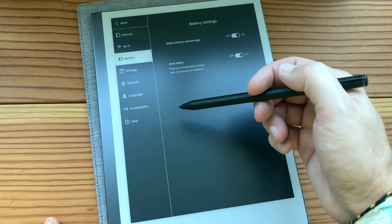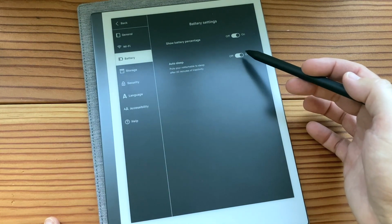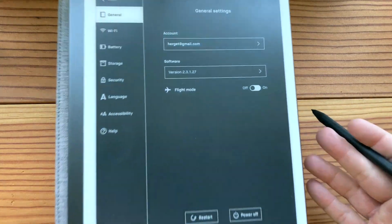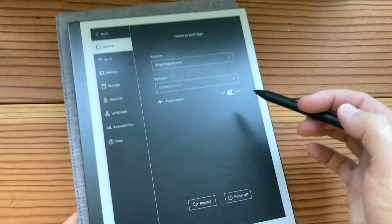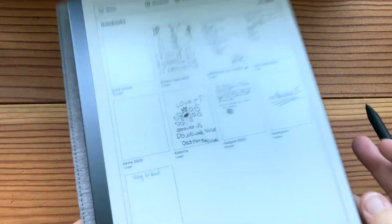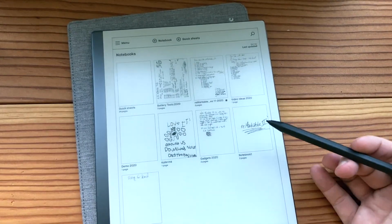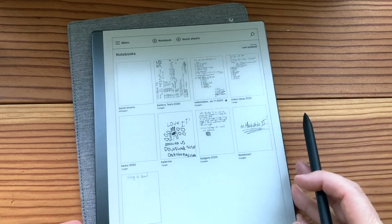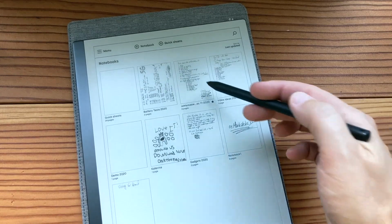or you can just go to battery, and this is where it does the auto sleep. I have it turned on, and then right underneath general, there's the airplane mode, and you can just go on, and then it turns on airplane mode, and that's going to save your battery a little bit, and the airplane mode indicator is right there at the top. So a lot of times I don't need it automatically syncing, so I'm pretty sure that's how they're getting to the 2-week battery life. So now if we go back to my notes,